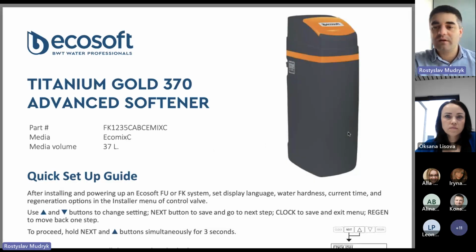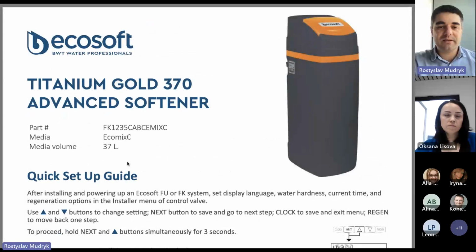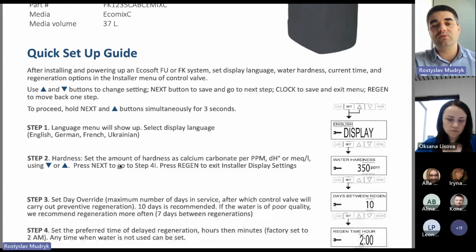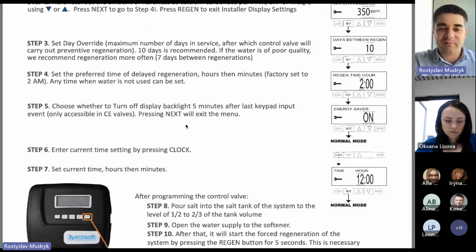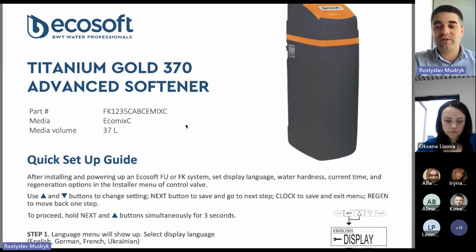So this is a quick startup or quick installation guide. It's one page that explains, step by step, what should be done to start the unit. This is a very important document because it makes life much easier for technicians of our customers. So when you do the startup,